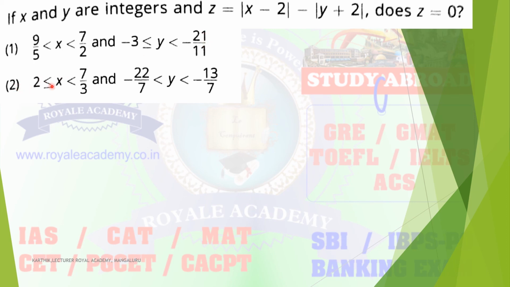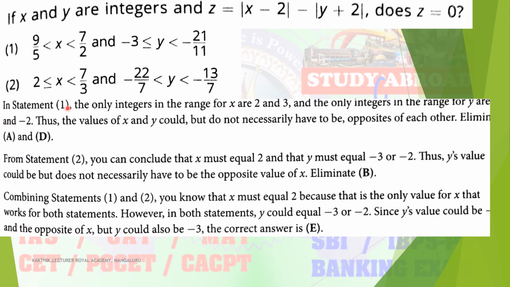Okay, in the second case, the x value falls between 2... Okay, so here we'll see one by one. In the first statement, considering only integers, the x value falls between 2 and 3, and the y value falls between minus 3 to minus 2. Here you can observe two opposite signs. So first I will take x is equal to 2, and y is equal to